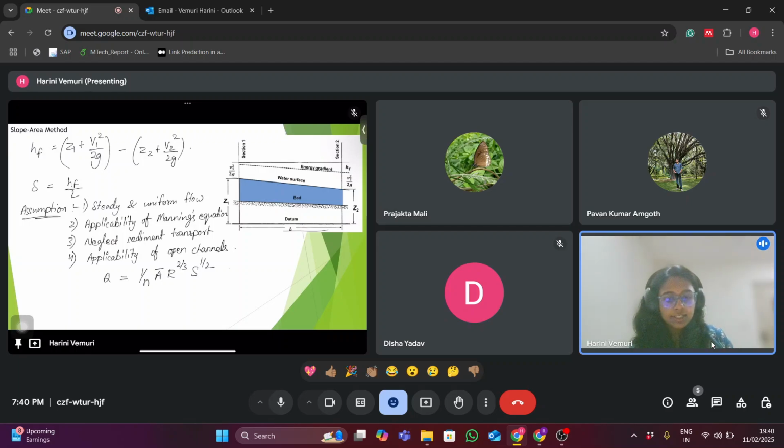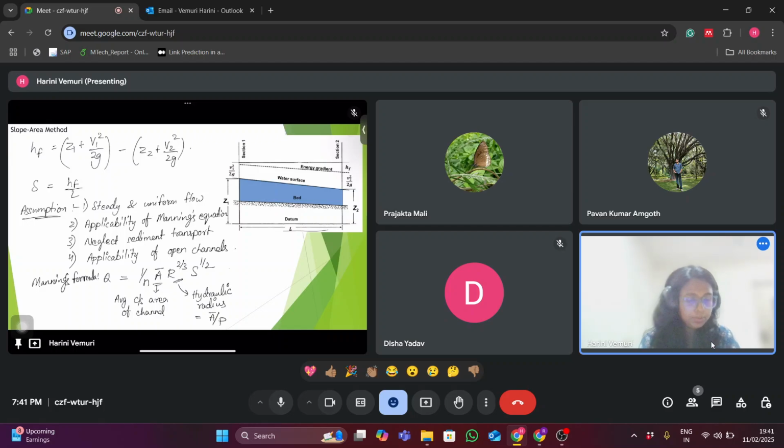Okay, so this is popularly known as Manning's formula, where A bar is the average cross section area of the channel, R is the hydraulic radius of the channel, which is equal to A bar by P, P is the wetted perimeter of the channel, and S is the bed slope, which is equal to capital H by L. H is the fall of water surface over the length of the channel, and L is the length between the two